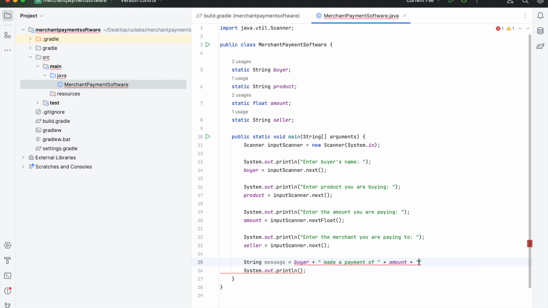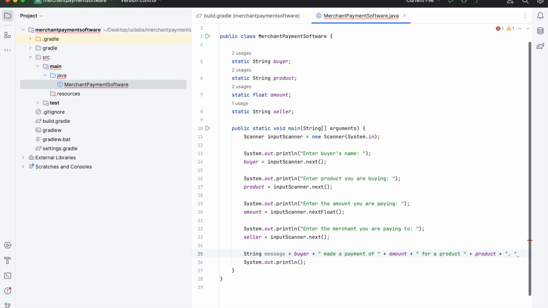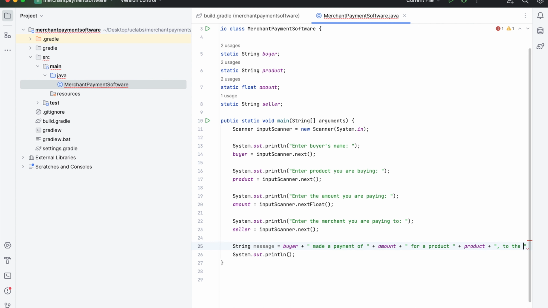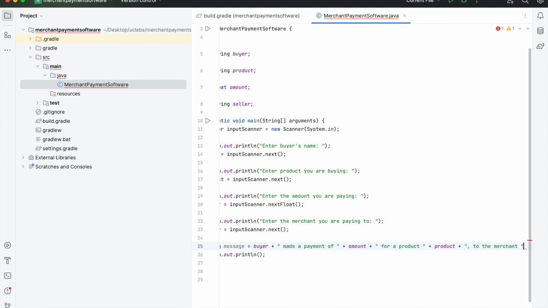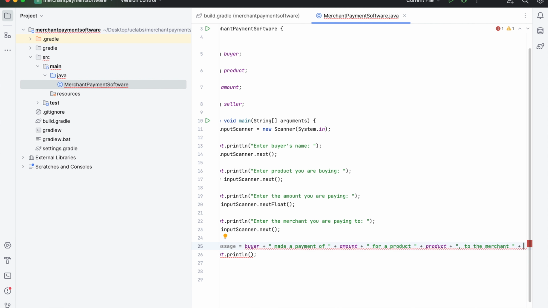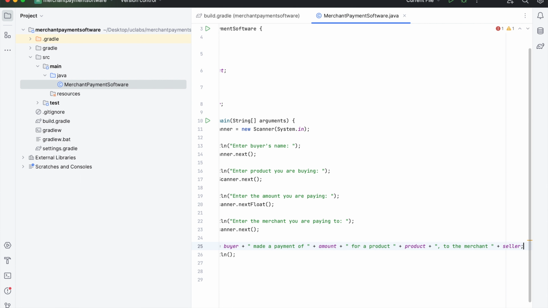Okay, that will replace the value with the amount for a product plus the product name, which is in the variable product, plus to the merchant, and plus the seller name. Okay,